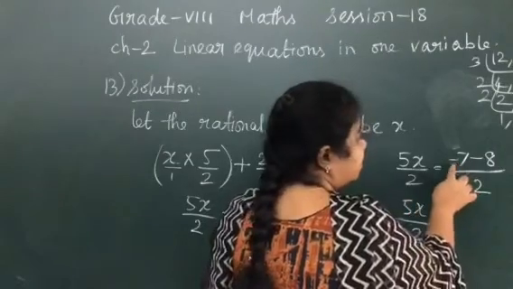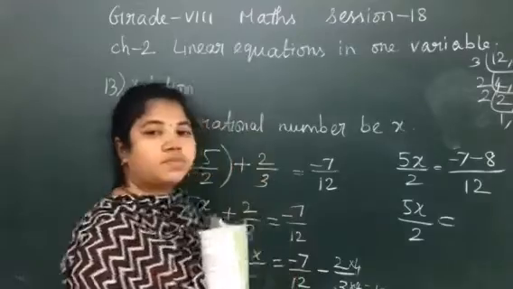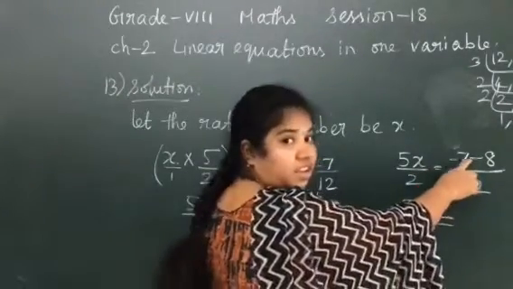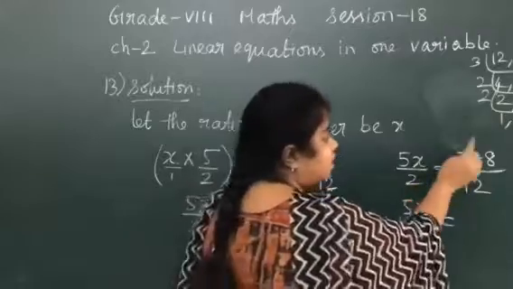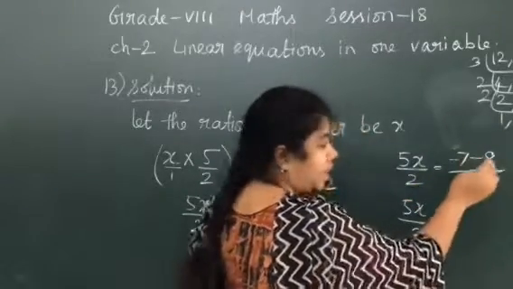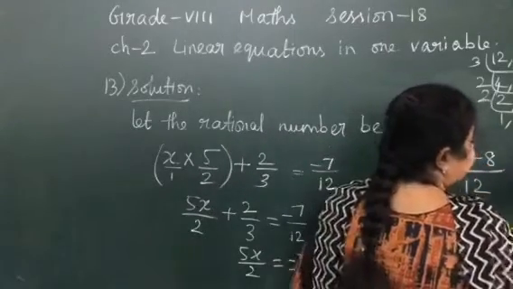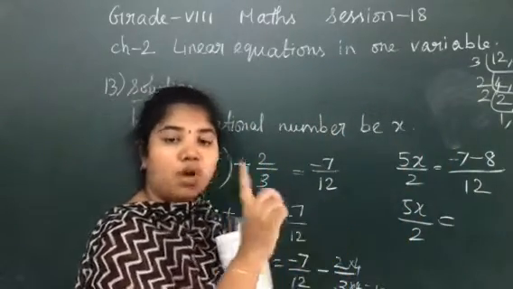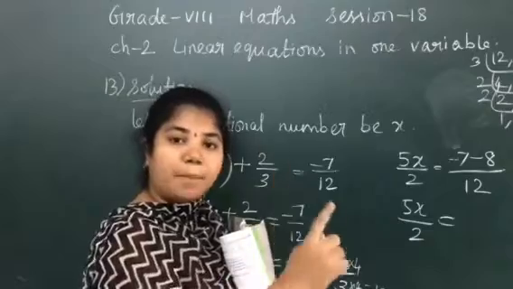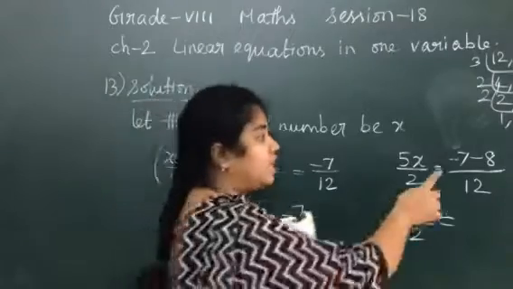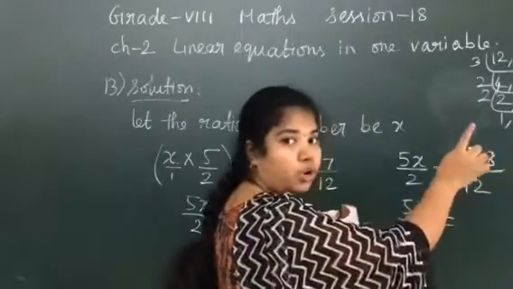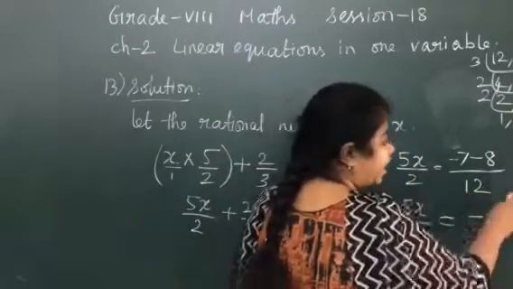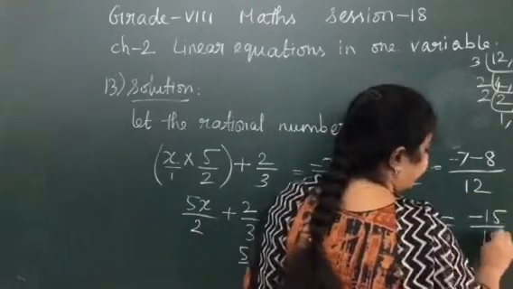Now what is -7 -8? You have to add, right? You are going to add because I am having two negative signs. Already I told you, if you have two negative signs, add and write the negative symbol. If it is one negative and one positive, subtract and write the sign of the bigger number. Here it is two negatives, so I am going to add and write the negative sign. So first write the negative sign. Addition of 7 and 8 is 15, divided by 12.